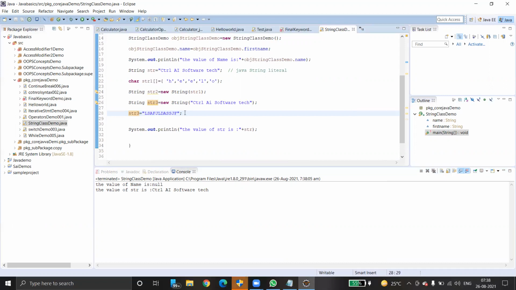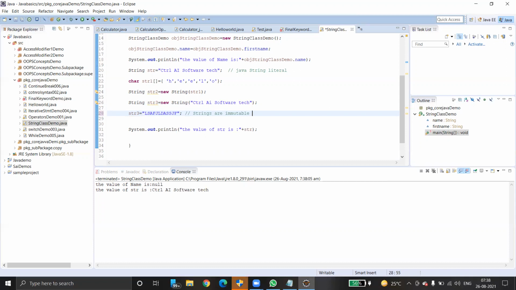That is nothing but strings are immutable. While creating the object, you assign some string, and the same string only it will take. Even if you change it later, it does not change. That is nothing but immutable.